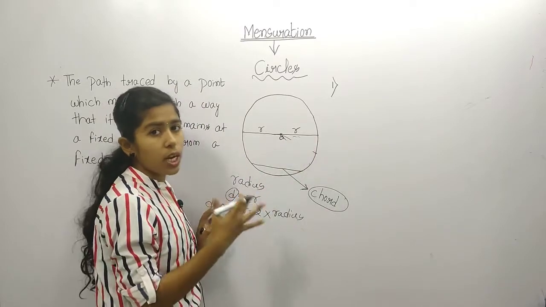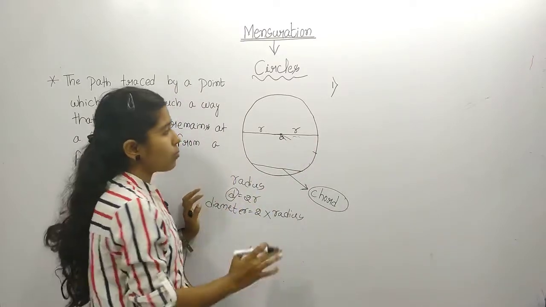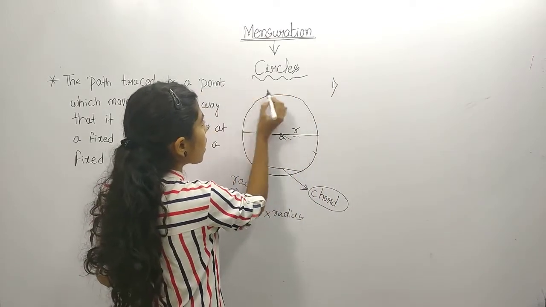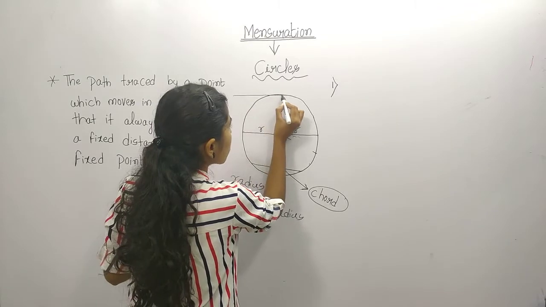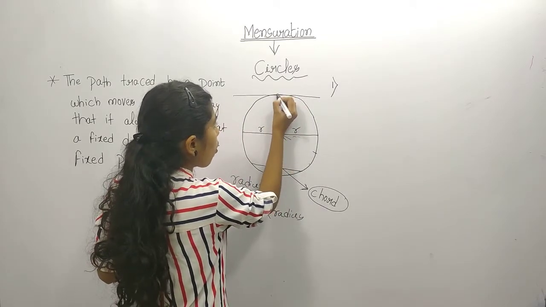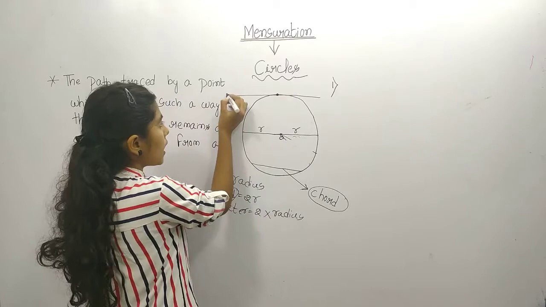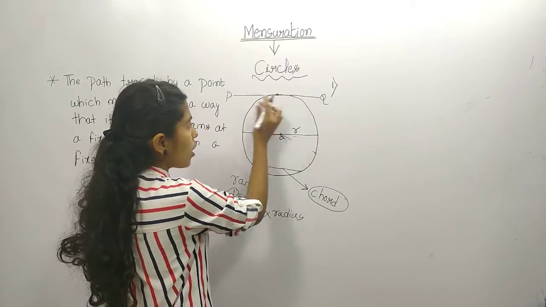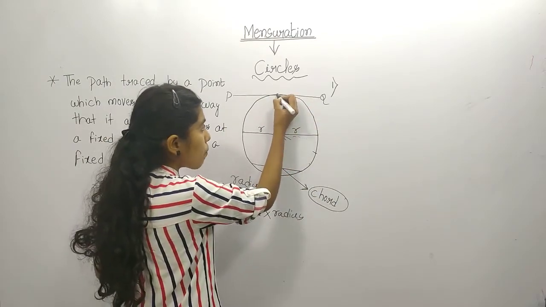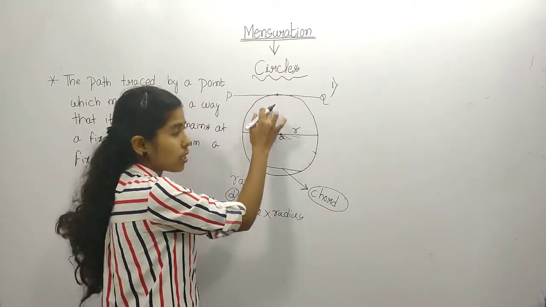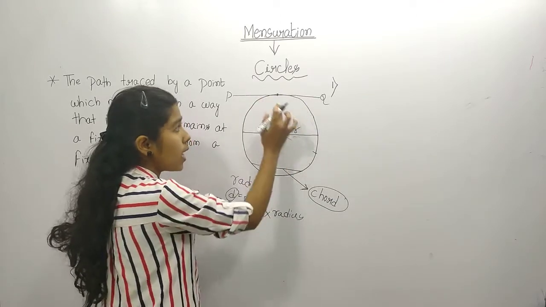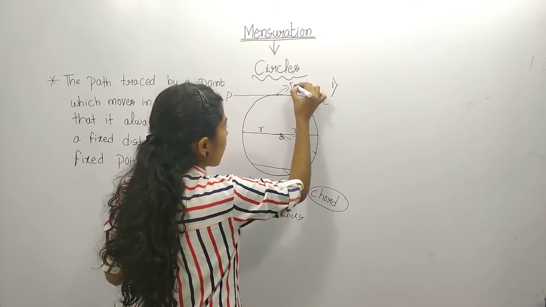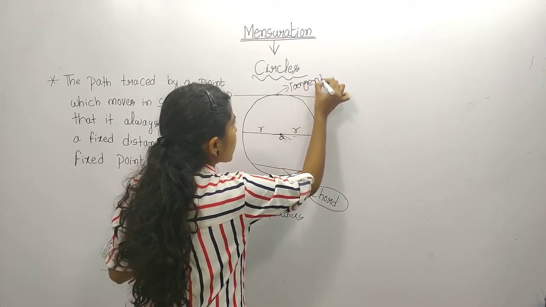Next, we will come to the circumference of a circle and the area of this circle. At first you see, here the circle is there. If you draw a line here, at a point the line will touch. Let it be P, let it be Q. So you draw a line where at one point it touches the circle. Where the line touches the circle at one point, it is called a tangent of the circle.